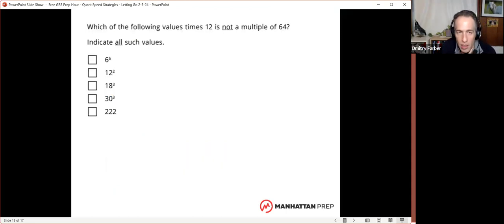Okay, quick run through of the other two. This one is asking, what's not a multiple of 64? How do we tell if a number is a multiple of 64 other than just dividing it? Because some of these I can just see, or I can just divide. But if I start getting to things like 30 to the third or something like that, I don't want to actually find out what that is and then divide it by 64. So how do you know if something is a multiple of 64? In general,